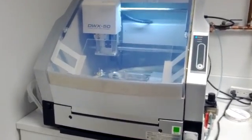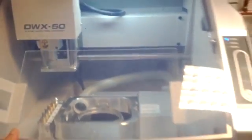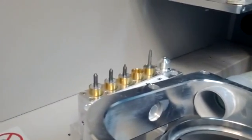Okay, so here is the Roland DWX 50, and as you can see, it's a pretty simple, small unit. If I back out here, you can get a perspective on how big it is. Inside we've got the automatic tool changer holder here. We've got the spindle